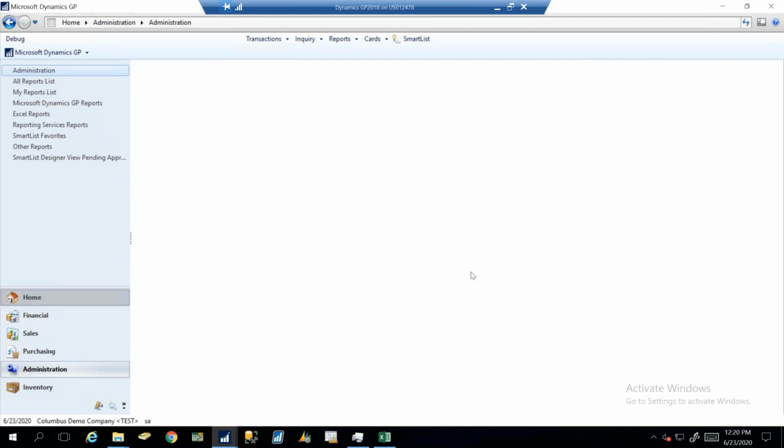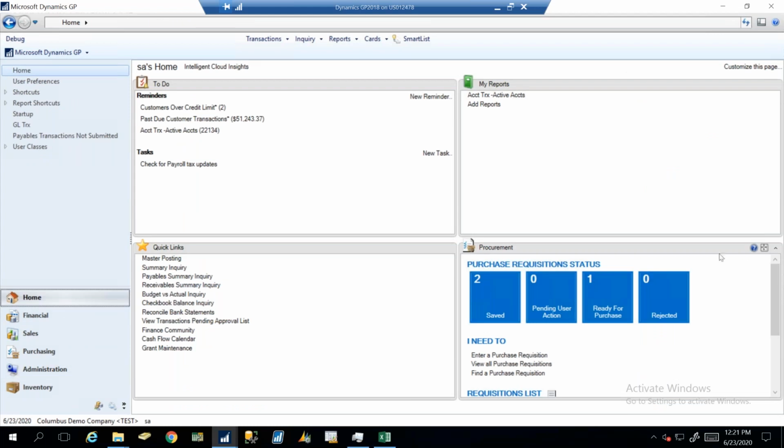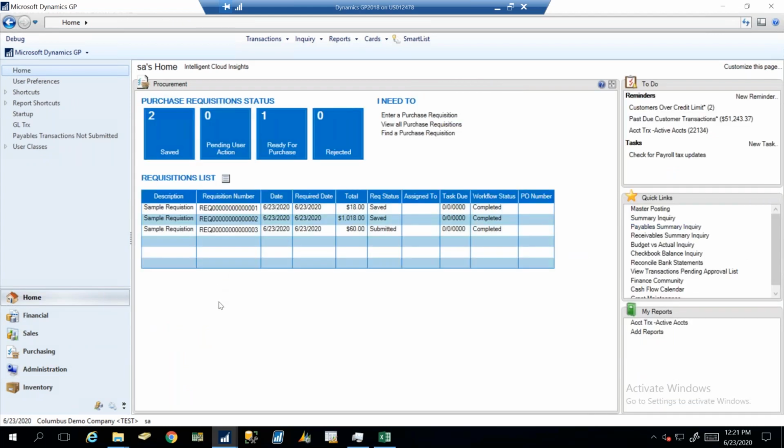I go back to my home page. So now what you'll see here is going to be a little bit more updated for our requisition users. Again, you'll see that saved icon, but the difference here for requisition management and workflow is that on our requisition list, similar to that navigation list we were looking at, it's going to give them the workflow status they're looking for, as well as the assignee. In my experience, it saves a lot of questions, especially to the workflow administrators, of them getting